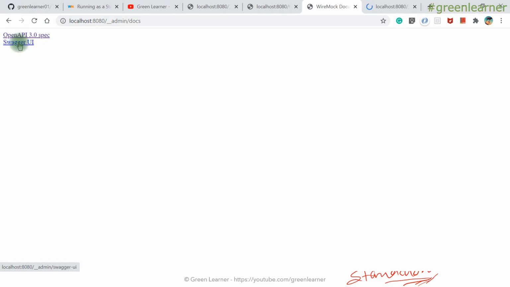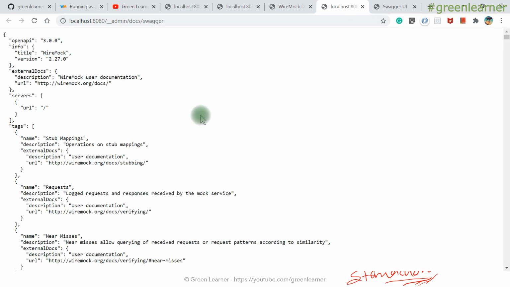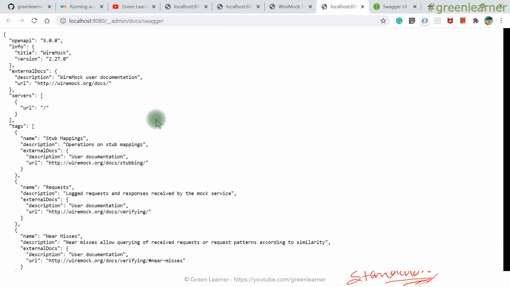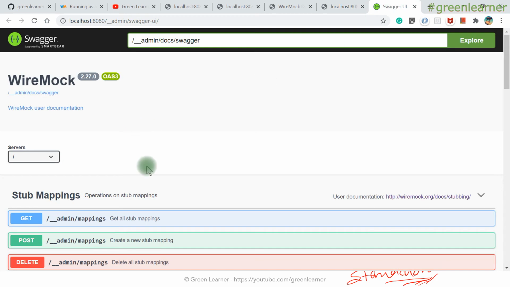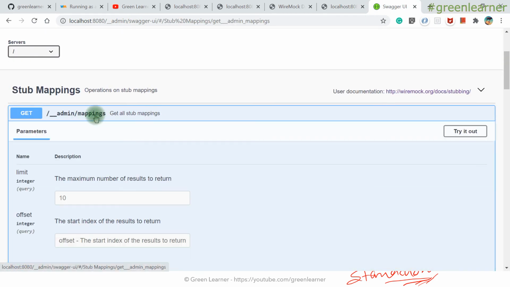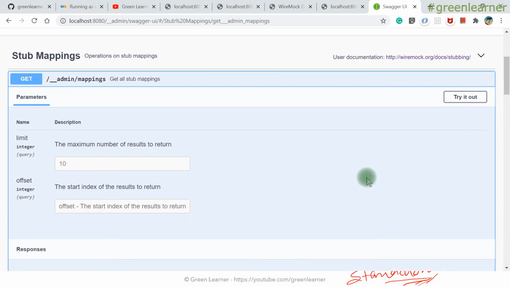So both of the options, let's see what is here. This is the Swagger UI that is here, but this is the actual Swagger. So this is the Swagger doc, all the APIs that are here, but the nice user interface is here. So admin mappings, that we were showing from the URL and all those things. So try it out.